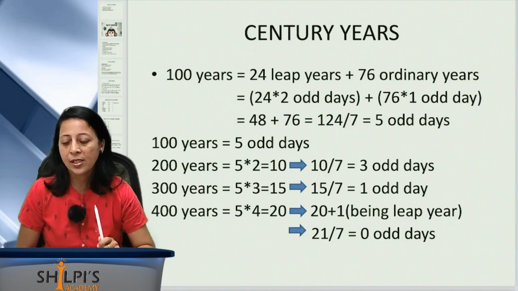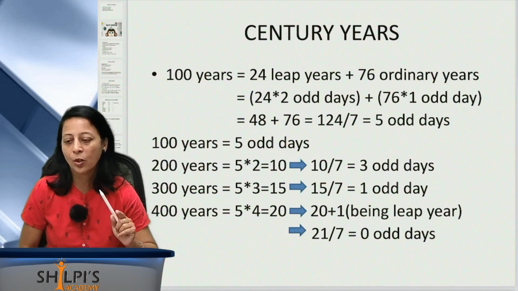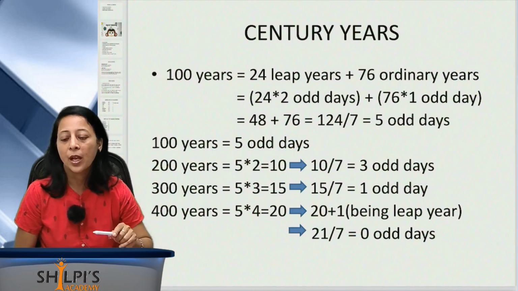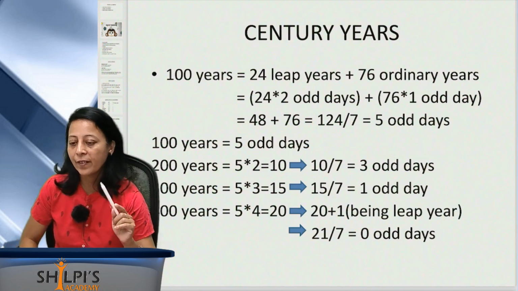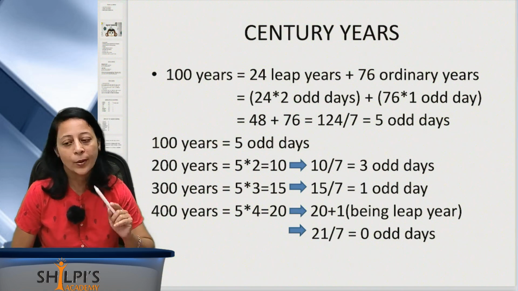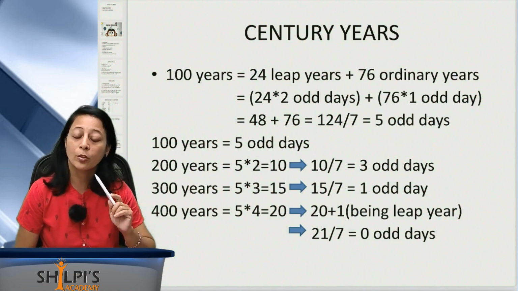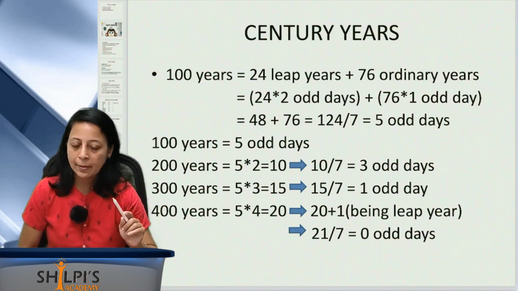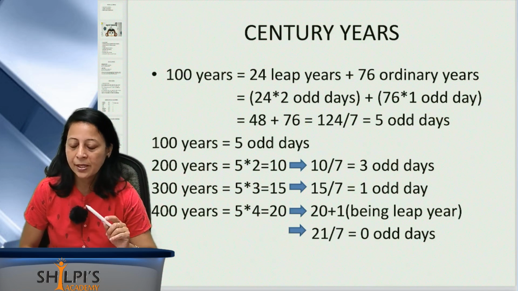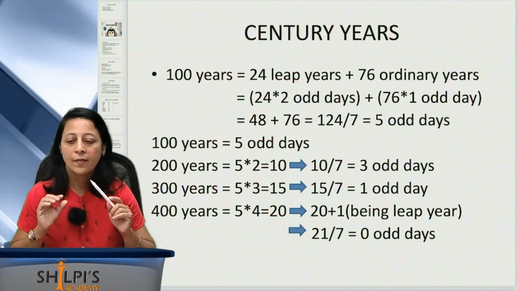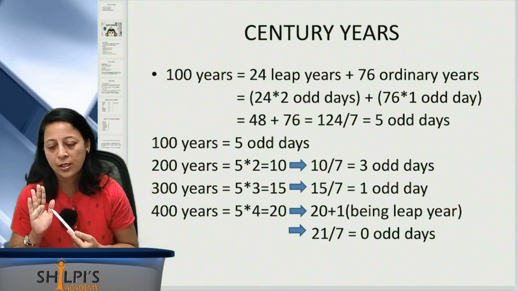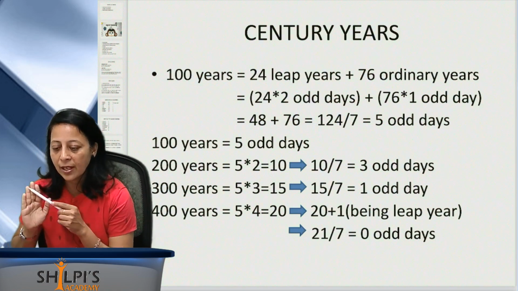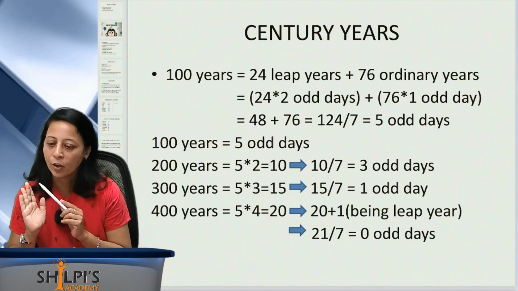Okay, so 2000 is divisible by 400, so we call it your leap year. Whereas 2100, when you divide it by 400, you will have remainders, so it cannot be a leap year. It is divisible by 4 but not by 400. Okay, so always remember, any century years, any years which cross your centuries, should be checked to see that they are divisible by 400 and not just by 4.